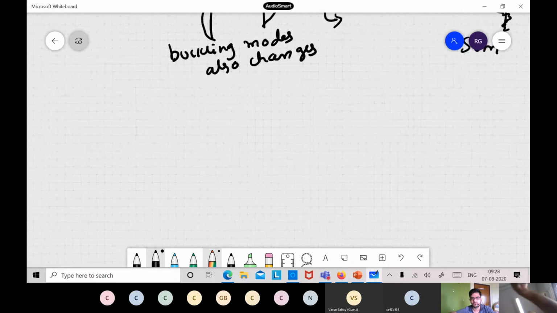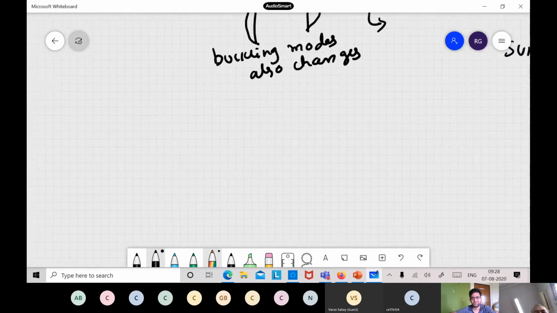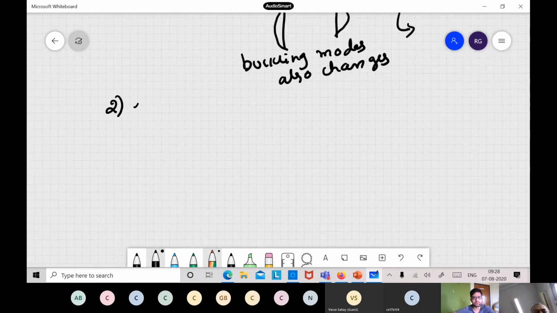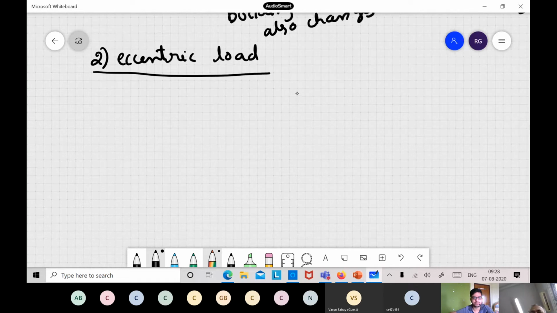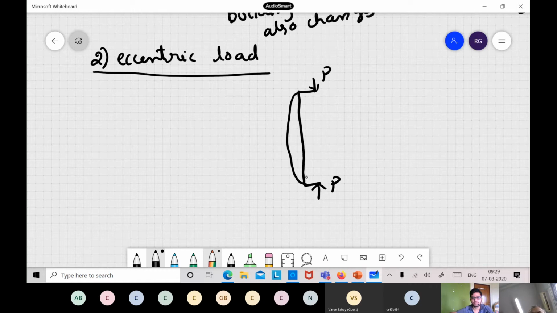And now another extension for this is the eccentric load. This is also a very important thing. It is exactly the same as this one, but there is not much more to it. If you are having a column, the load is not applied at the center, so the load is applied with some small eccentricity. This also happens in practice. So we say accidental eccentricity.